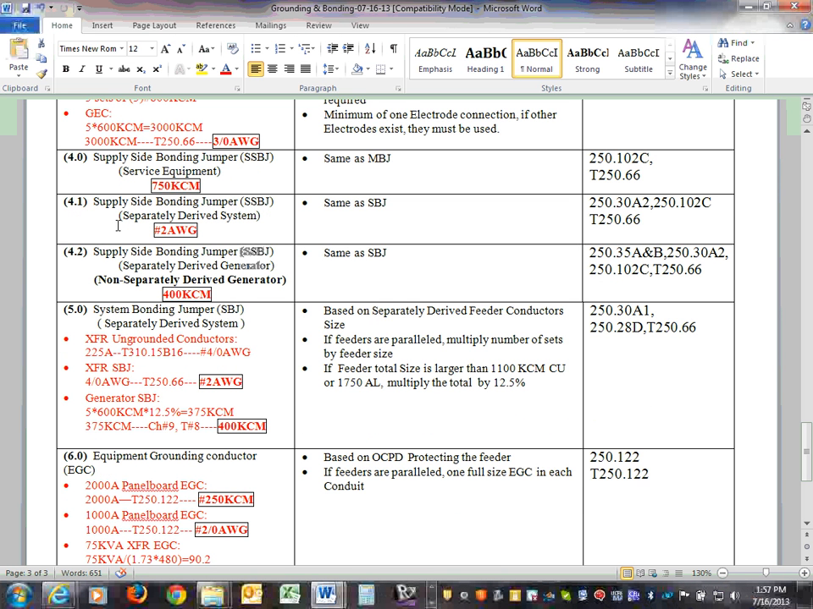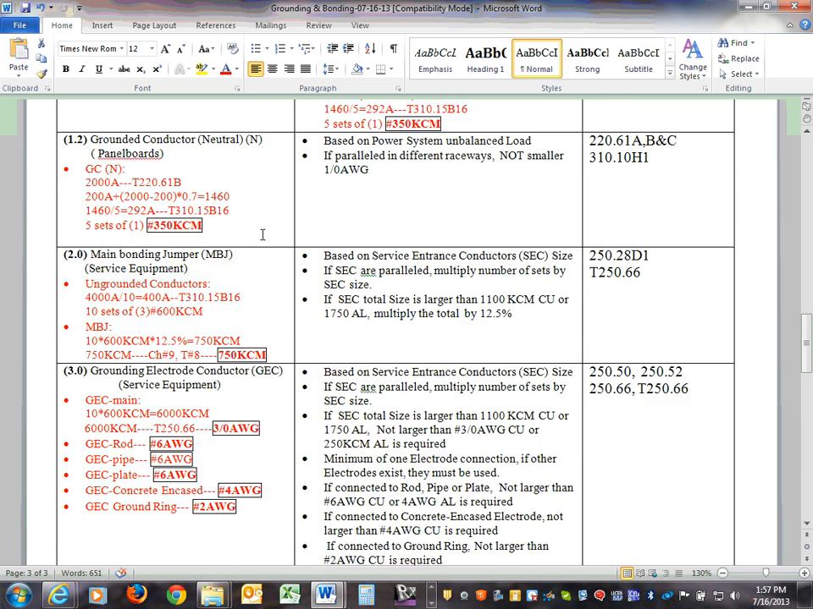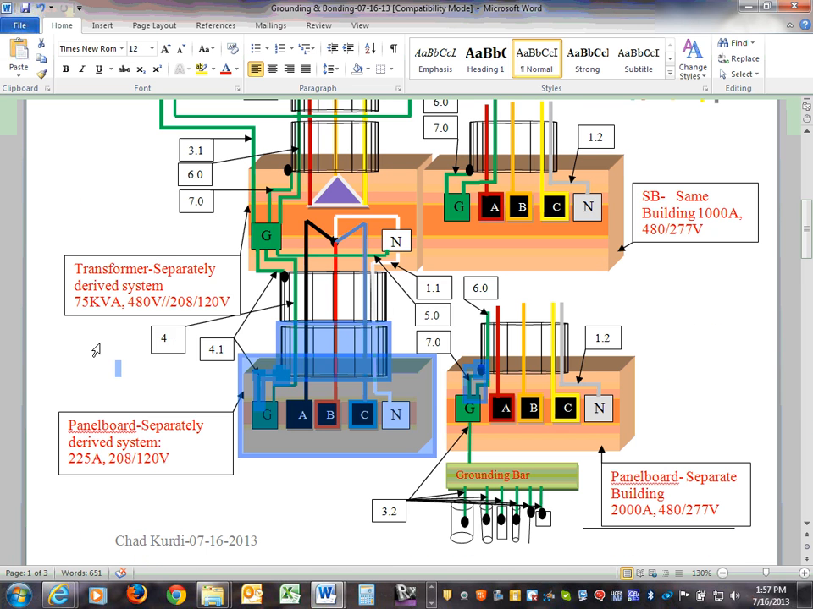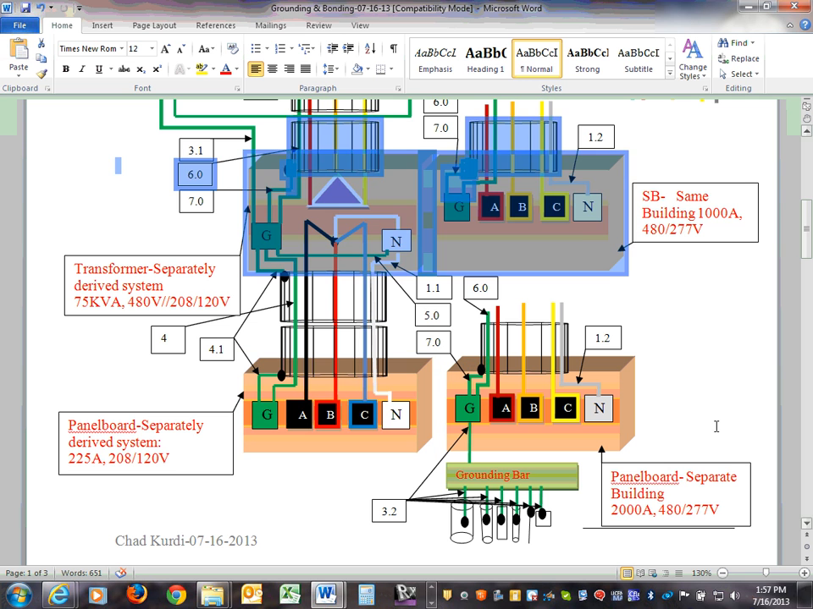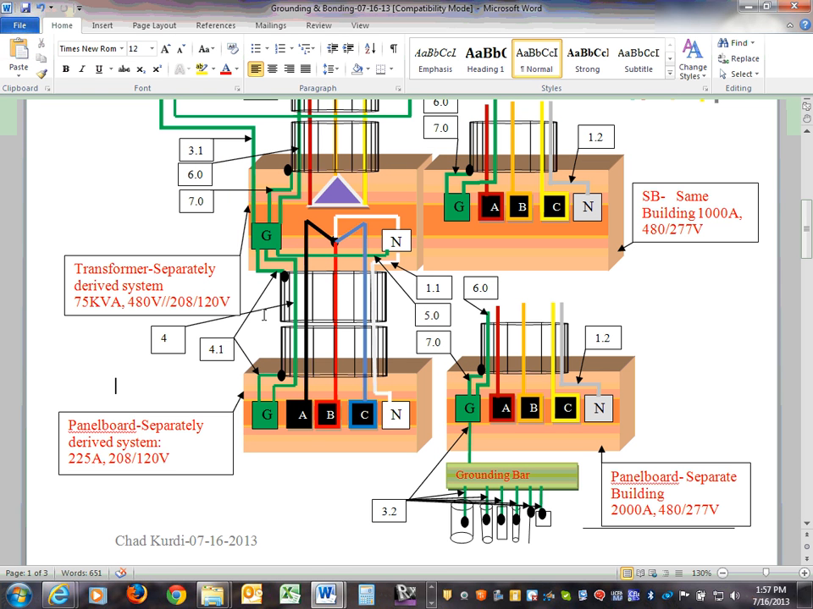Oh, supply side, separately derived system. Supply side bonding jumper, separately derived system. Yeah, they're the same sizing, but you can use them either or. You can use 4.1, which is bonding the conduit from both sides. It will act as your supply side bonding jumper, or you can pull a 4